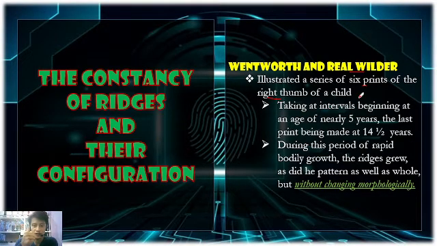They took the fingerprint of the child at intervals, starting when he was 5 years old, and after every year, or every month, they took his thumbprint until he was 14 and a half years old. And they were able to find out that during that period, as he was growing,